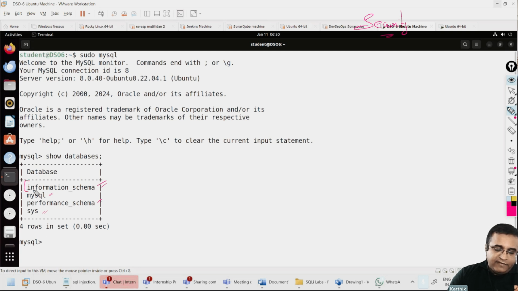And see this information_schema. This is a very important database for us. This is where the information about a particular database is, which gives me access to compromising any database in MySQL. When you talk about a MySQL compromise, usually it is a complete compromise, right? All the data can be dumped out of it in a single go.